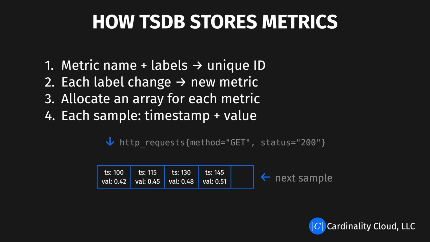In the time series database, or TSDB, where metrics are stored, a metric's name is converted to a label. All of these key value style labels are used to create a unique ID for this metric. So if any one label changes, bam, new metric. Next, for a new metric, the TSDB allocates an array and tracks the next free index that hasn't been filled yet. Each index holds a timestamp, an unsigned 64-bit integer hopefully, and a measurement value usually in a float 64.